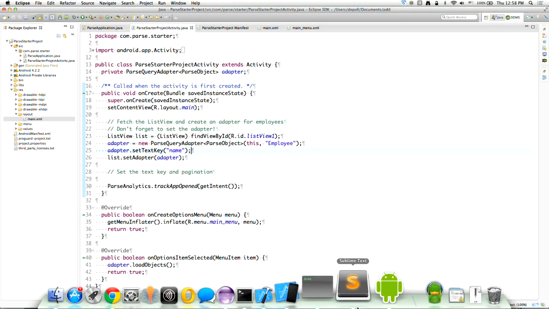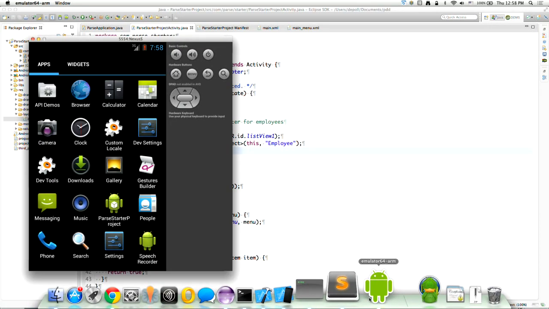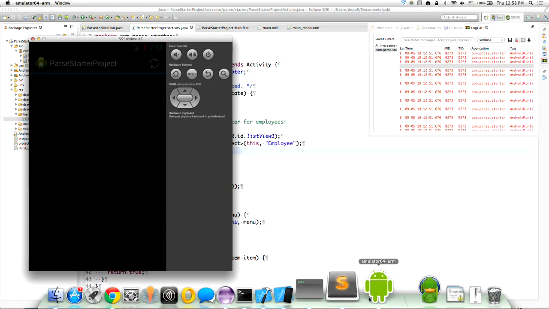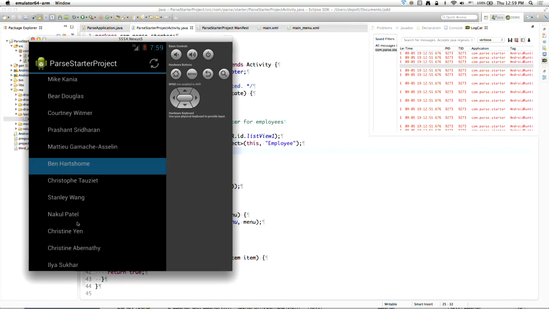So I'll go ahead and run that again. This will just take a moment. Now, all of the views that you're seeing here are actually customizable. So you can go ahead and actually swap out the views with something much more complex than a simple string or a string and an image. Here we go. But in the cases where all you need to do is display some text from your Parse object, it's as simple as just setting the text key there. So now you can see the list of names for all of my employees showing up really easily within my